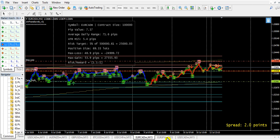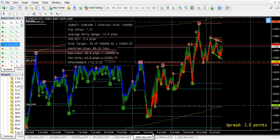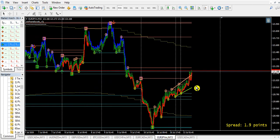Okay. So that's that for Euro card. Then for Euro JPY, if for any reason